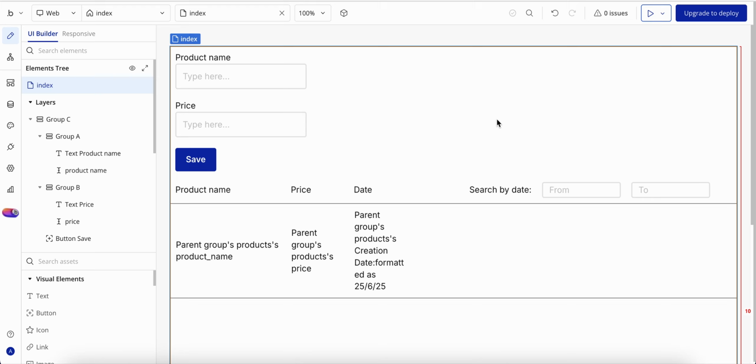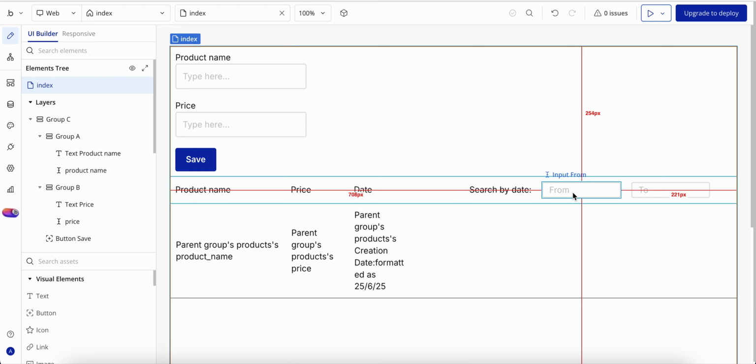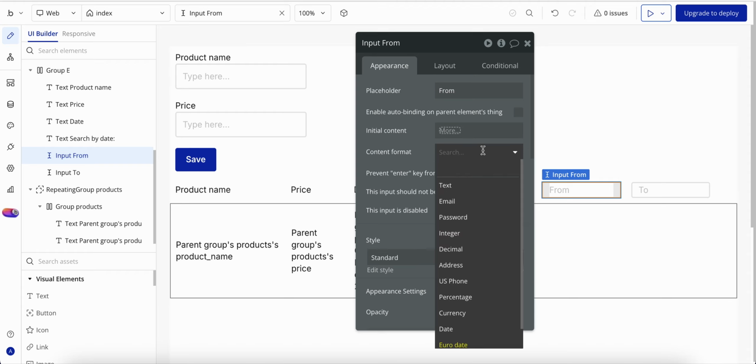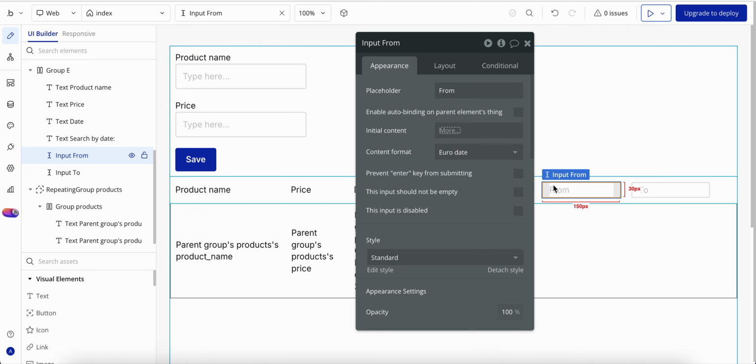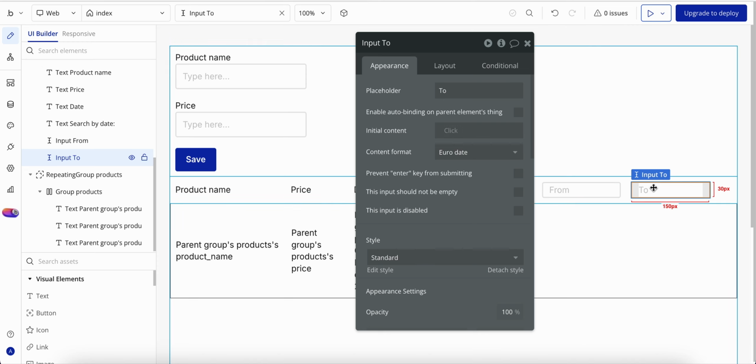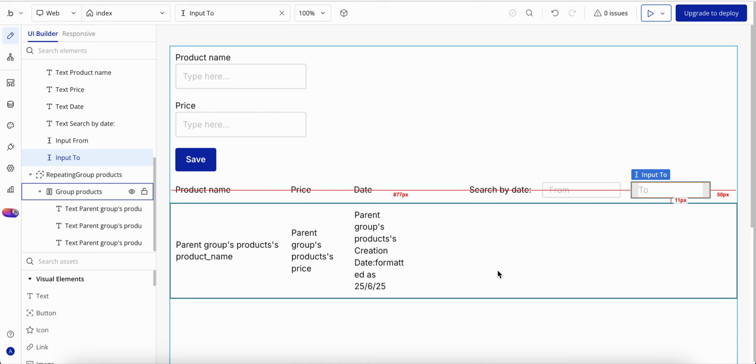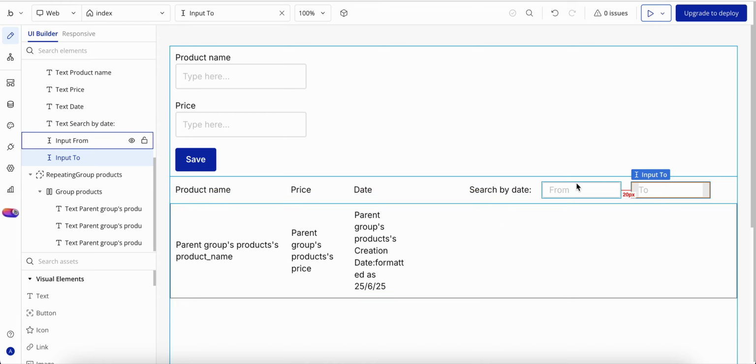So the first thing you need to do is, we need to change the settings for this input. I have changed to Eurodate because I'm from South America. I don't really use the American standard date. So it will be like days, months, and years. So obviously I did the same here on the second one. And then now we need to create the constraints on this repeating group to filter exactly the date range we're